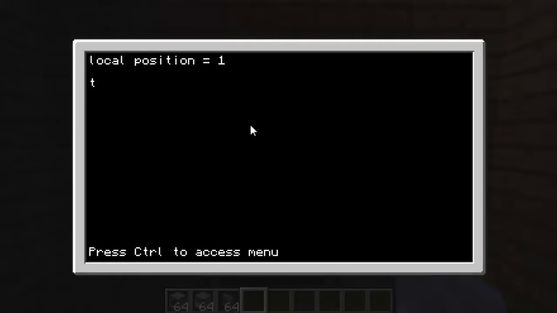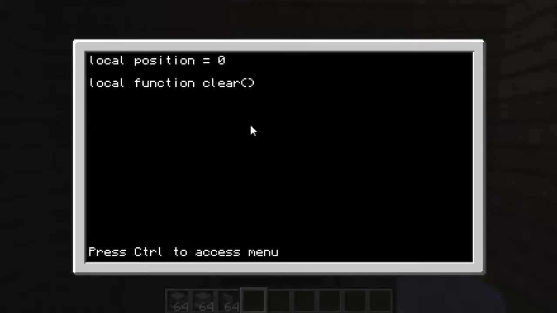You know? And yeah, so if you do that, then you can also do local functions, maybe clear, local functions clear, and